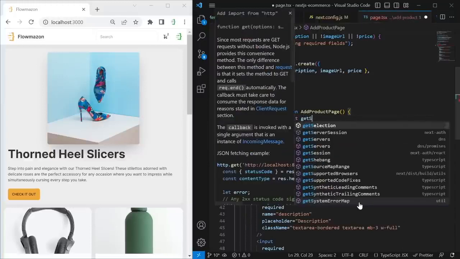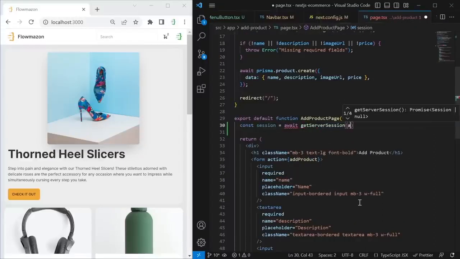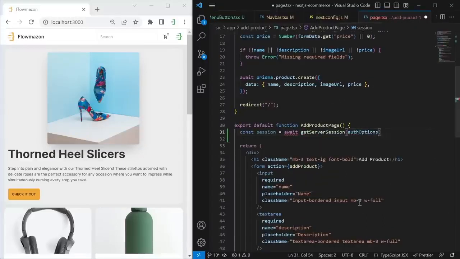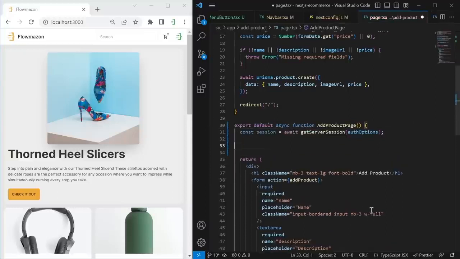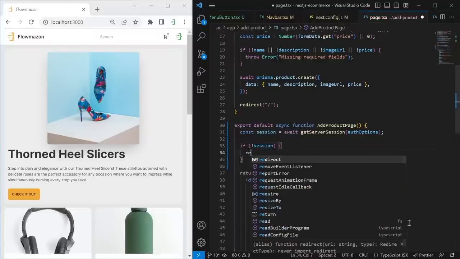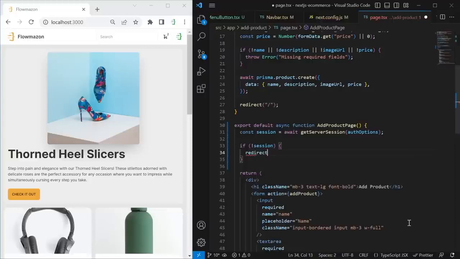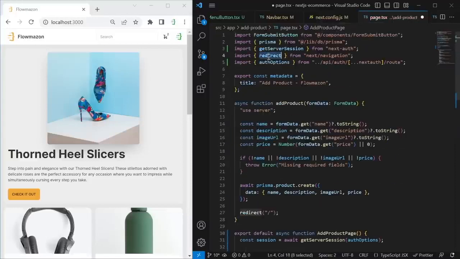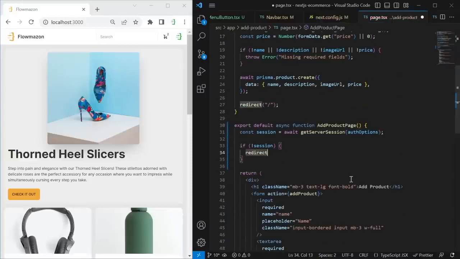with getServerSession again, to which again we have to pass the auth options. We also have to make this an async function. And then we can simply check if session is undefined or null. Then we want to redirect the user. And we already have this import here from next/navigation to the sign-in endpoint, which we find under /api